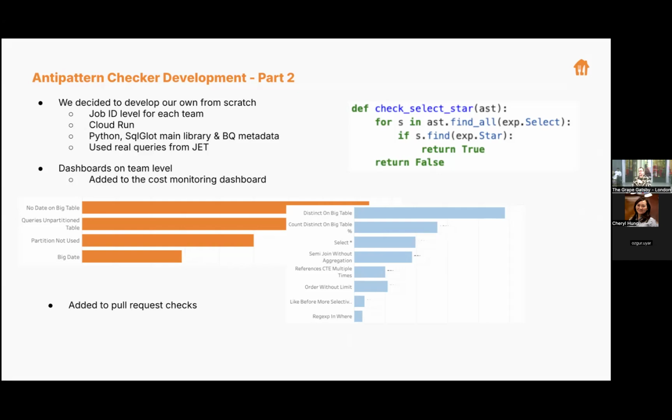Initially, it was just this dashboard running daily for every job that was executed the day before, but we also brought it much closer to the development experience. Now, whenever you create a pull request for deploying a job for your scheduled production, it will check your query. Also, you can use our UI for dry runs. Basically, you can copy your query into it, click dry run, and it tells you the optimization opportunities